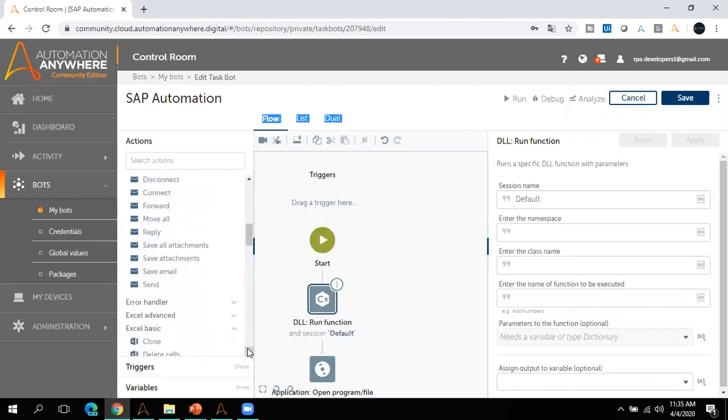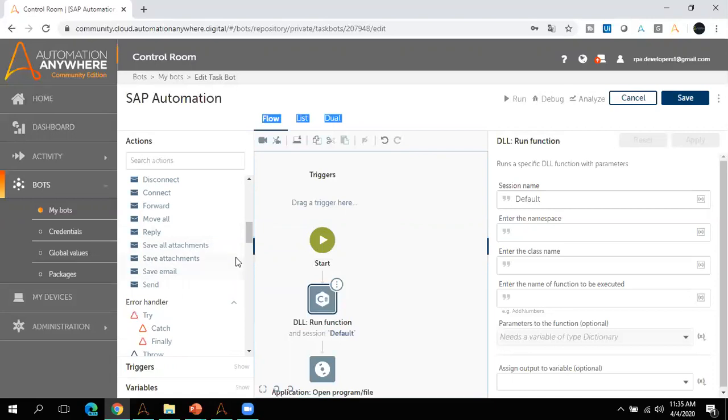To reply to your email in the previous version, or to forward any email to someone, it was not possible to perform directly using the client. However, we did the same thing using the Metabot, right? So Automation Anywhere also provided an Outlook Metabot, which helped you perform these many things. However, in this version, it's inbuilt. So no need to think about the email things and all, right?